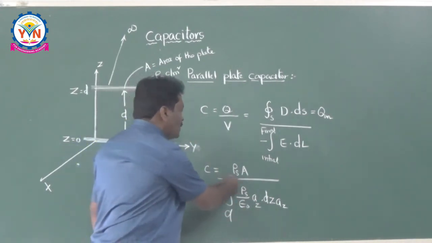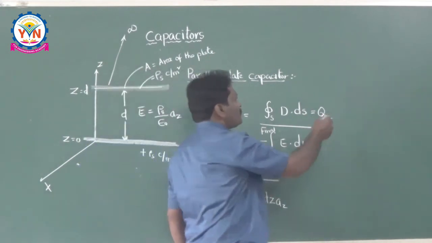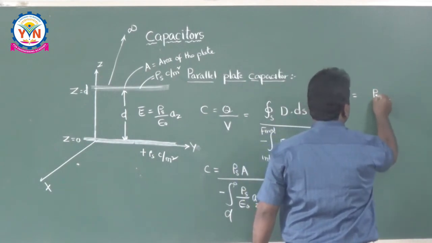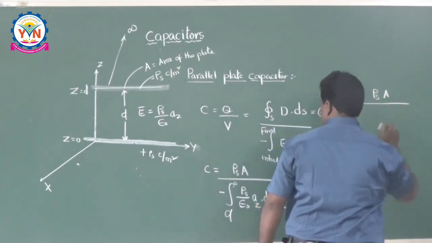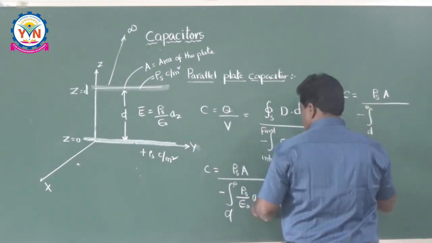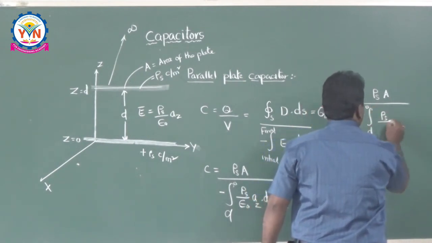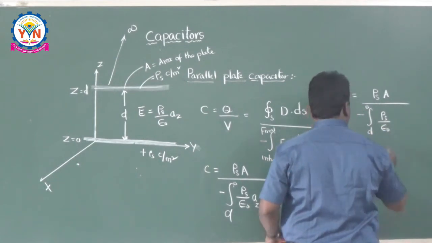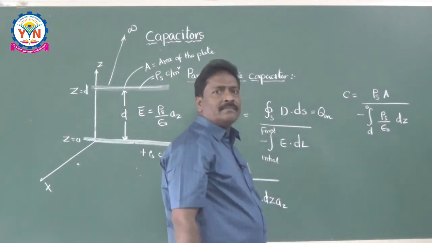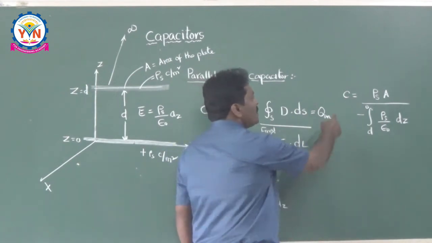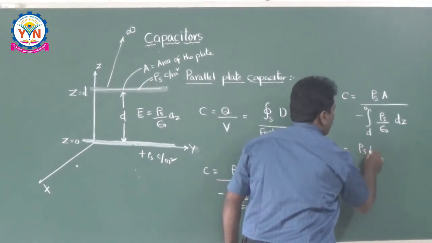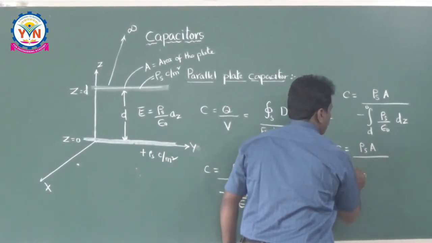Then you can say that C is equal to rho s into A by minus integral d to 0 rho s by epsilon naught dz, because Az dot Az becomes 1. So that's why C is equal to rho s into A divided by minus,